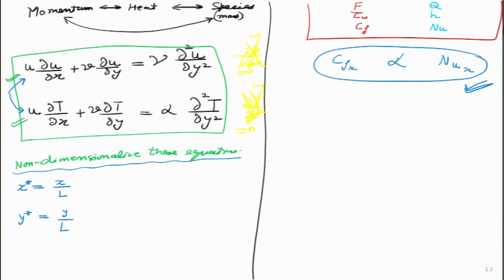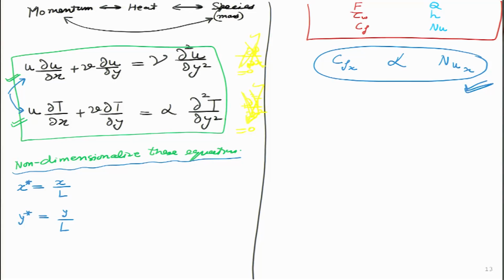So, both the coordinates x and y, I have now converted into non-dimensionalized coordinates simply by dividing by the characteristic length. Which means if the plate is, let us say, 8 meters long, and I am standing at the 4 meter point, then instead of saying that x equals 4 meter, now I will say x is 0.5, because 4 divided by 8 will give me 0.5. That is what I want to do.